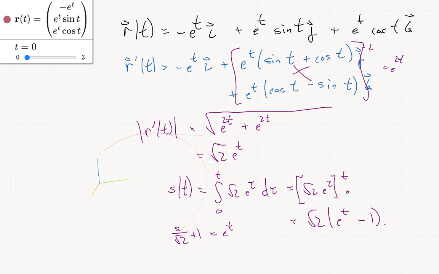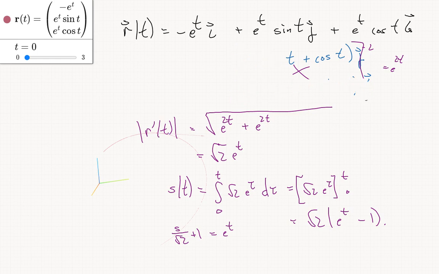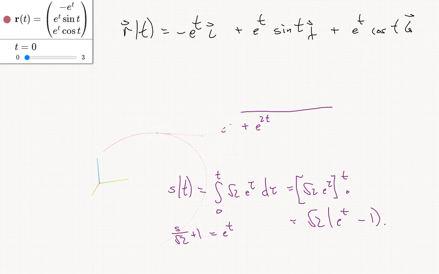So we can now write down the arc length parametrization. So let me erase some of this. This will look a little bit uglier than the last one we did. But so we'll get